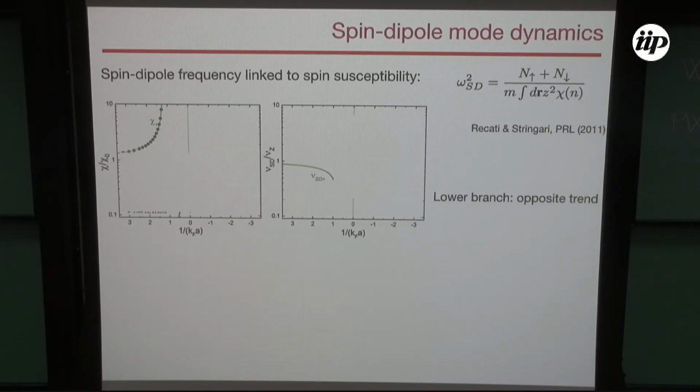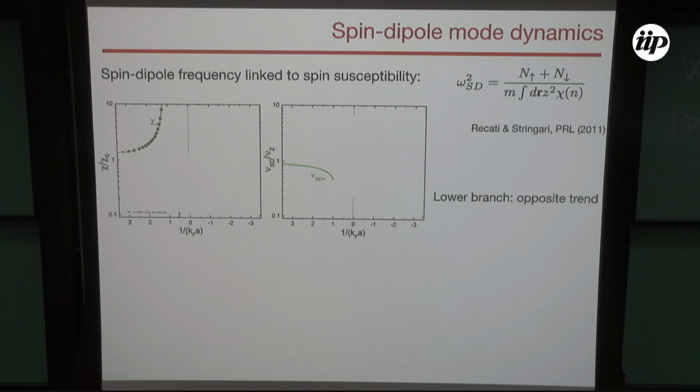The measurement that I'm going to discuss with you is the spin-dipole frequency measurement. We wanted to study the out-of-phase motion of the two clouds once the barrier was suddenly turned off. With a modulator, we switch off the barrier in a time of 1 microsecond, and then we see the dynamics of this cloud.